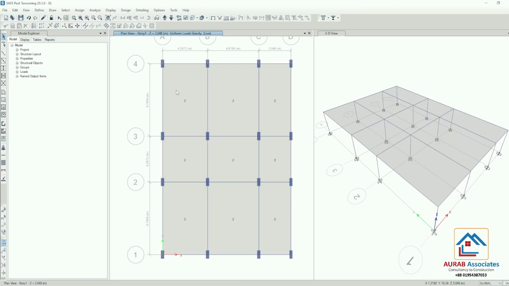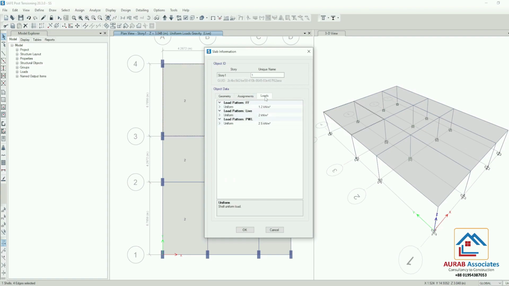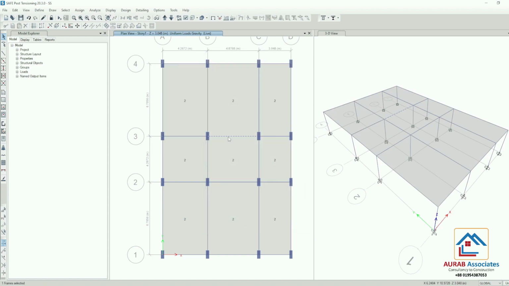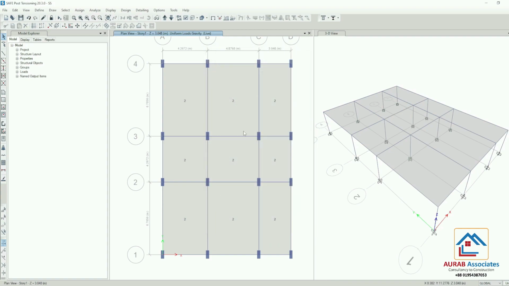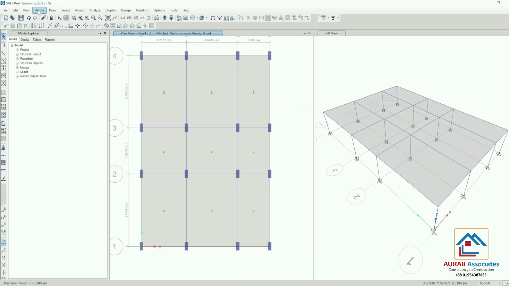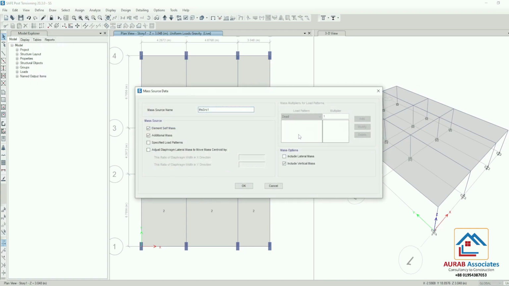If we select this one and right click of mouse, we can see here we have assigned floor finish, live and partition wall load. For all the beam we have used loads 6 kilonewton per meter. Now go to define, then go to mass source, then go to modify / mass source.